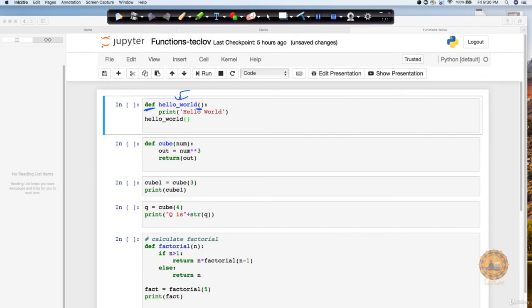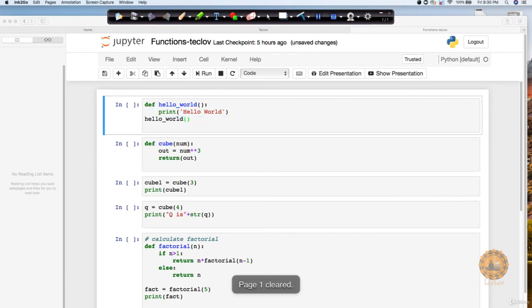Now, as soon as you say print hello world, remember the indentation again, which we learned in the if-else chapter also. Here we indent with 4 spaces or a tab, and then we say print hello world. This means this part of the code is part of the hello_world block. Now when I change my indentation back to the start, we are out of this function. We are no more inside it. Now we are calling this particular function with hello_world. So this is what is happening.